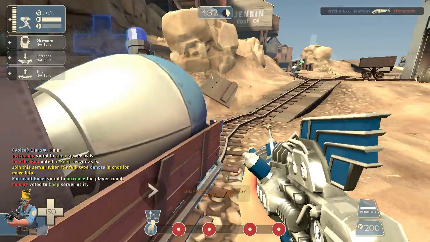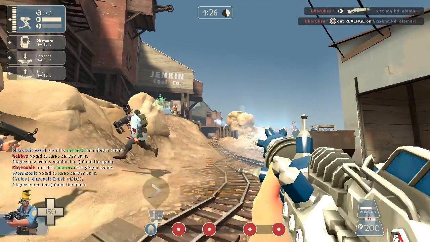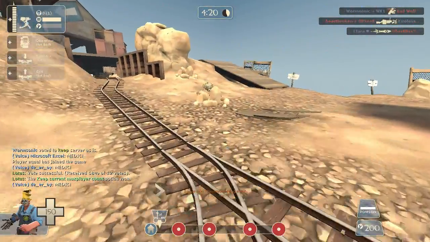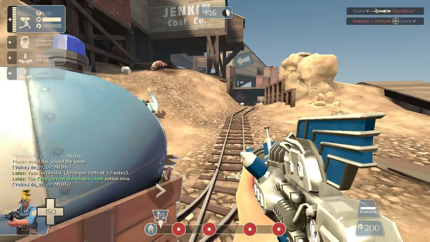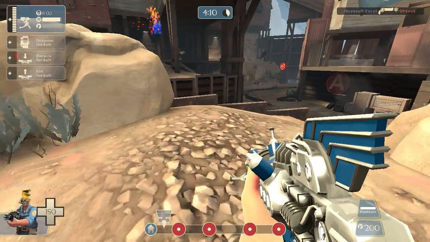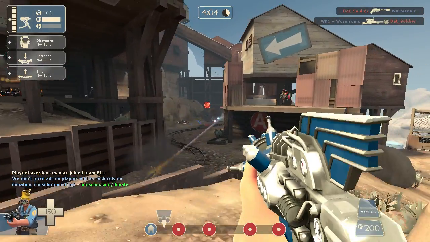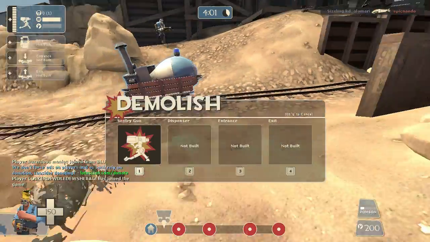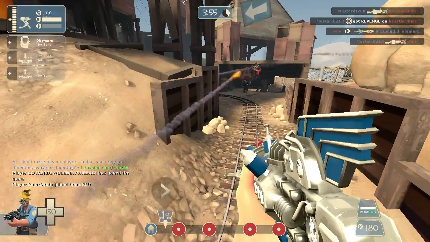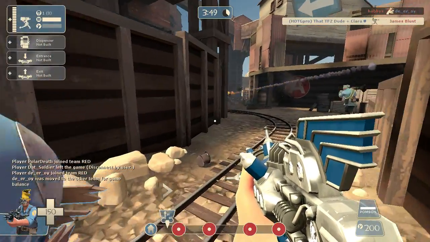So, if you don't know what the gunslinger does, which, why are you watching this video? The gunslinger is a wrench. It's more like an electronic arm thing that, instead of doing things like Southern Hospitality with bleeding or the jag with the production rate, makes it so that you build mini sentries, which are faster-building sentries that deal decent amounts of damage, and are built much faster and only cost 100 metal to build. So the issue with this is